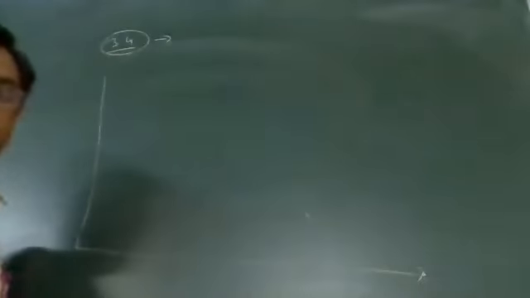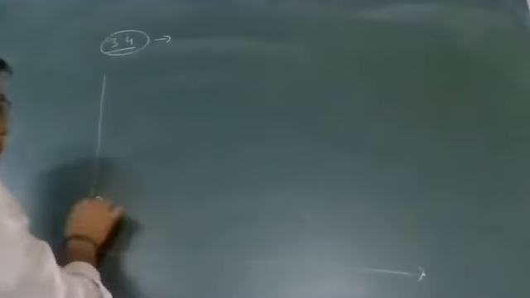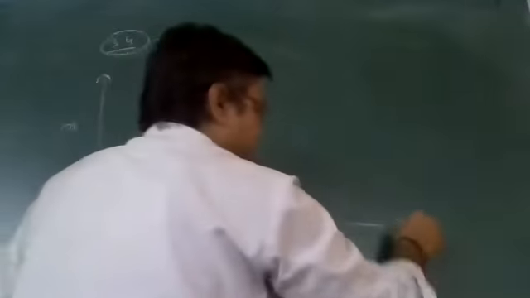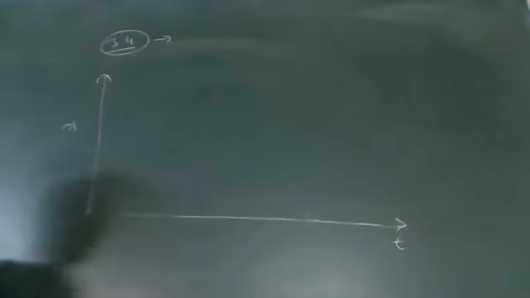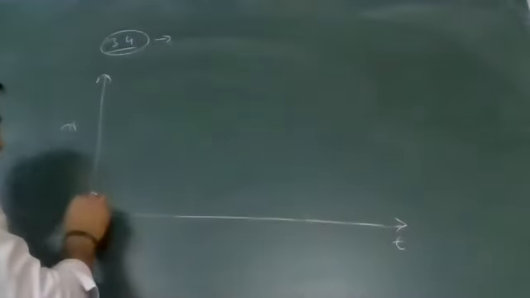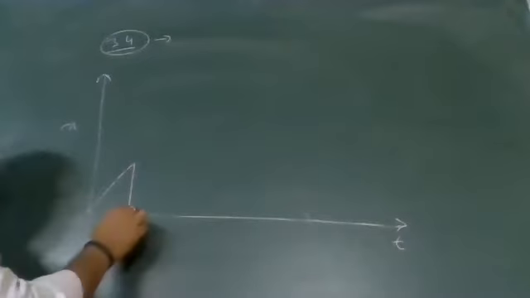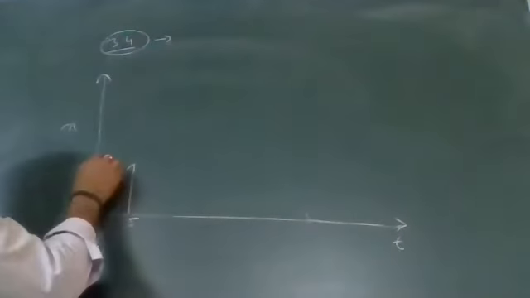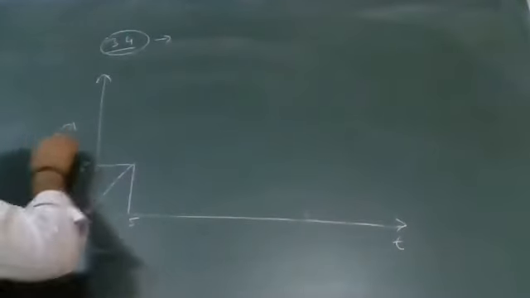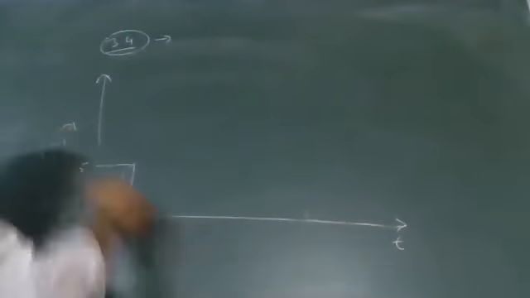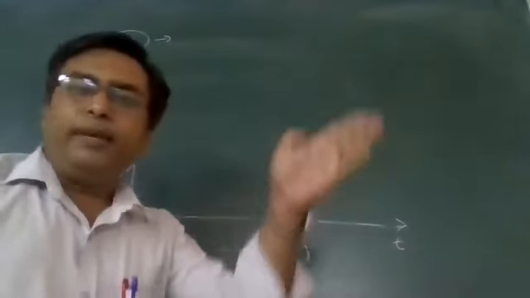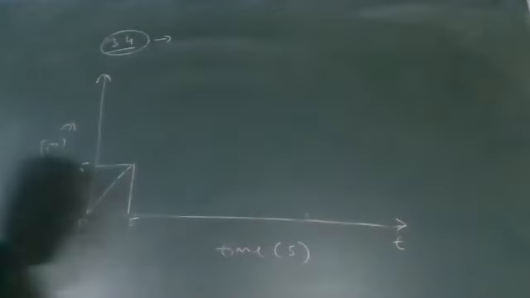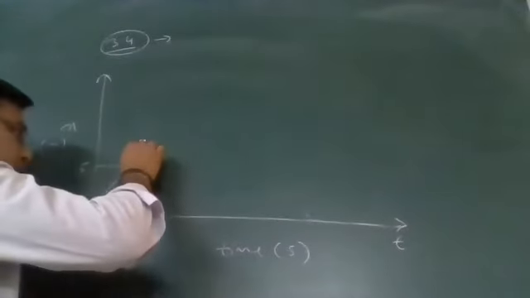See my graph carefully. I need to plot the x-t graph. This is x, this is t. This is your x-t graph. Now see, on this axis I have the time. First, it is 0 time. Then it is 5 seconds. In 5 seconds the distance will be 5 meters, and this unit of time is seconds. In the first 5 seconds, he takes 5 steps forward, so displacement is increasing. Now in the next 3 seconds, he is coming back.